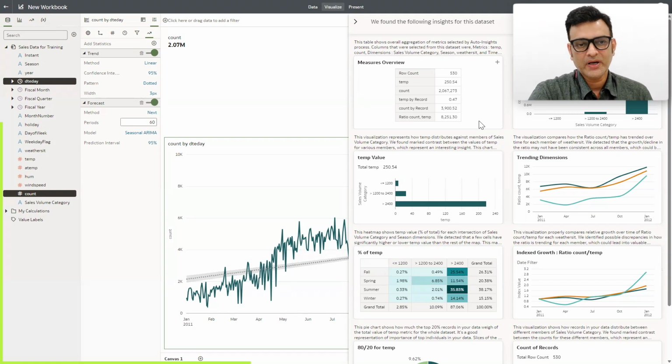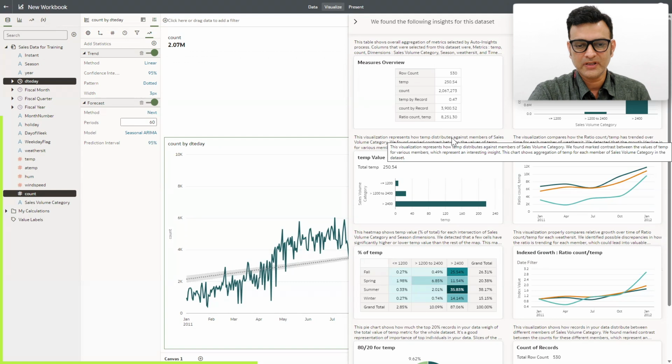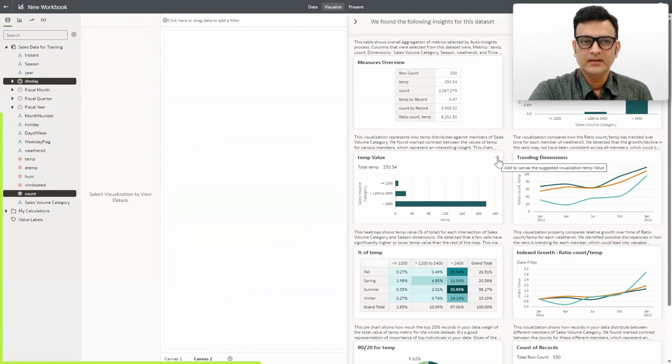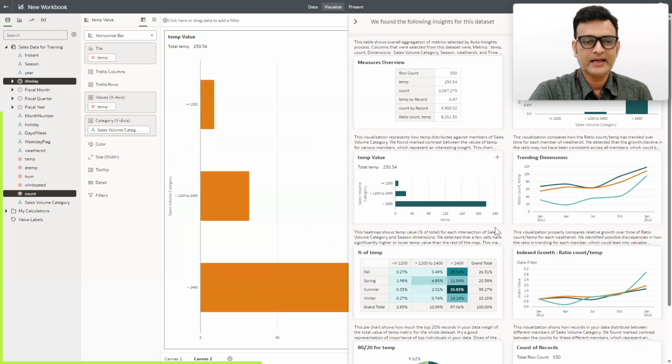Okay. And the good part is for each of the visualization that is generated, it also gives you a description. Okay. So here you can read the description, and then if you think that this visualization makes sense, I'll just add the visualization here by clicking on this plus sign. Similarly, I like this heat map. Now for demo purpose, I'm just adding randomly a few of the visualizations that I have here. Okay. So with this, now I can see that I have a canvas now with number of visualizations added.